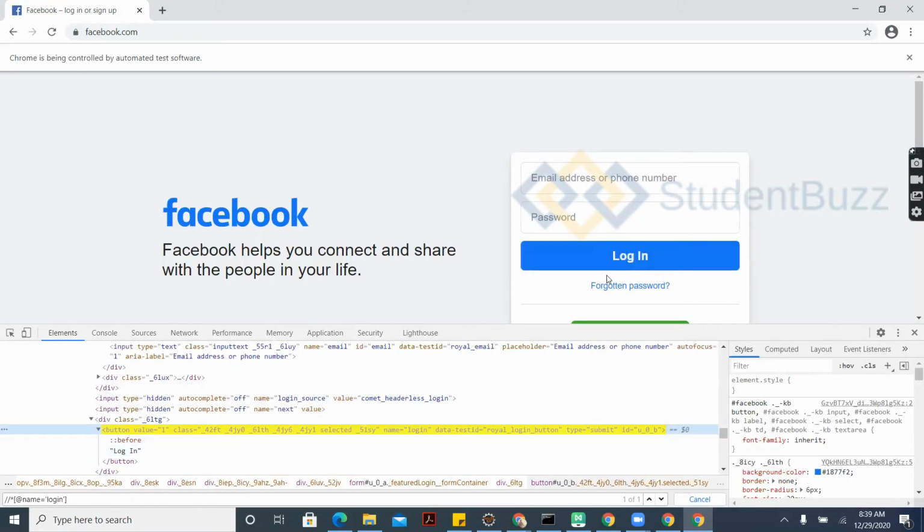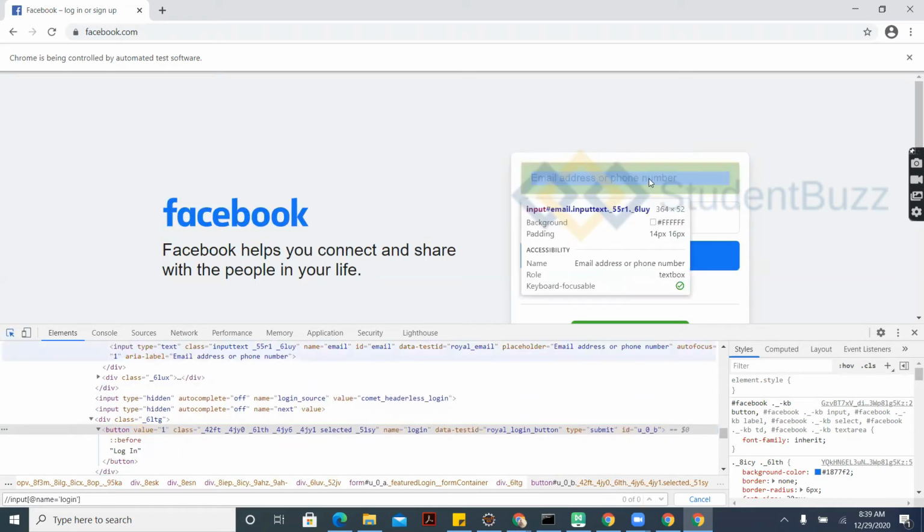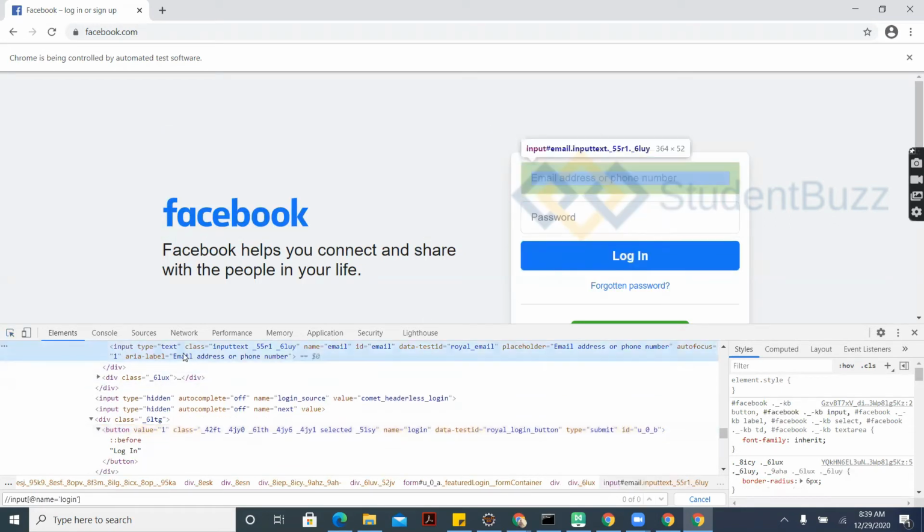So this one is like the button's class. It is printing it because of the XPath which we have given, the name we have given directly, login. That is why it is going here. So if you say input tag here, this is the input tag. Name is email.